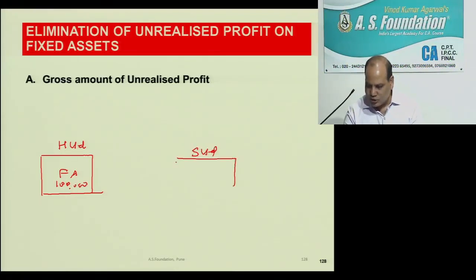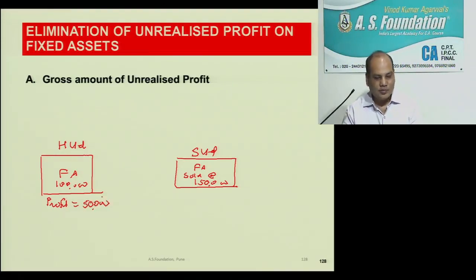It is sold to the subsidiary company at 1,50,000. So who has earned a profit on this deal? H Limited has earned a profit, a downstream transaction. But in case of a fixed asset item, there is one more adjustment required. Subsidiary company will